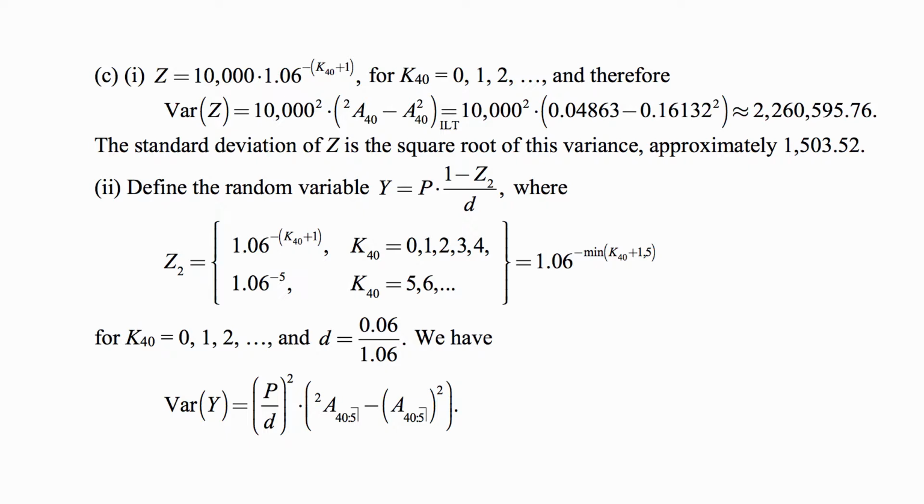And therefore the variance of Z is 10,000 squared times the variance per unit of life insurance on a 40-year-old, which is 2A40 minus A40 squared, and then 2A40 and A40 are in the table. We just get them from the table and plug it in here, and we end up with a value of